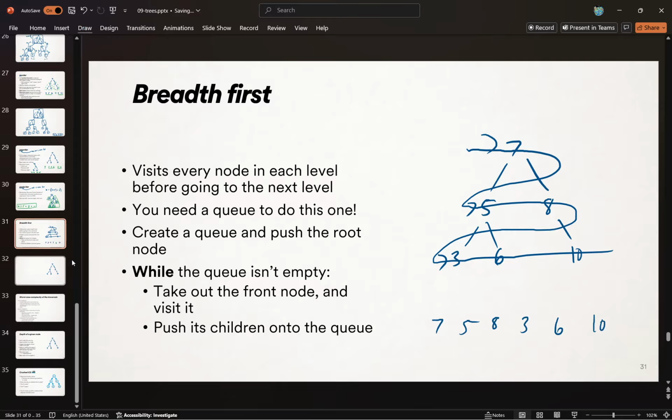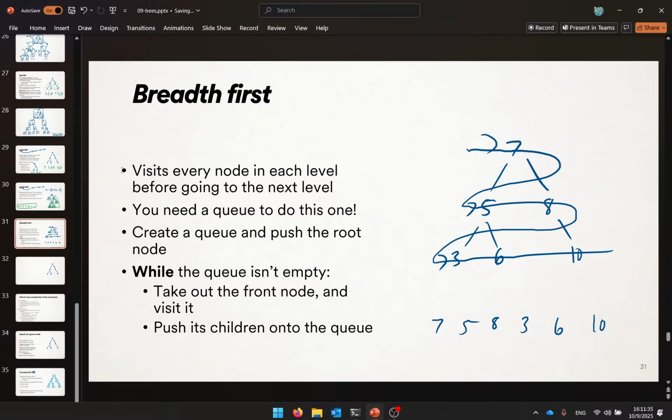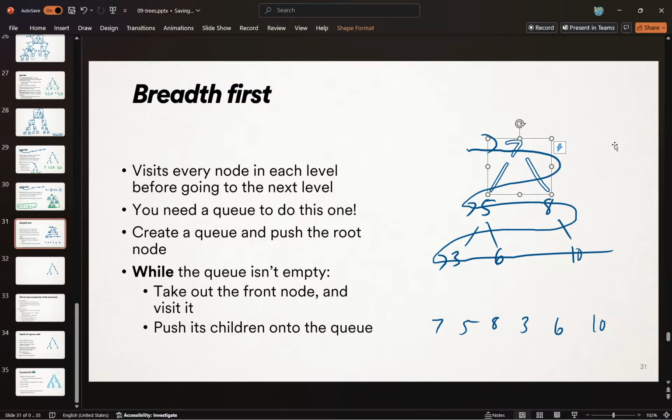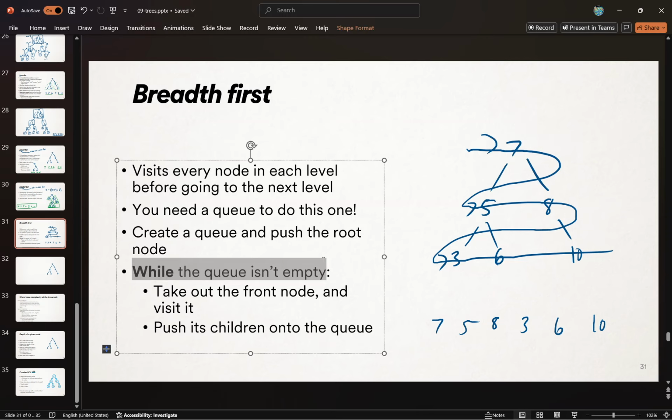And the way that you get there is to use a loop and a queue. It's very interesting. So here's the algorithm. You're going to make a queue, and you're going to push the root node, the 7 node, because the 7 has access to its children, of course. That's how you get to the 5 and the 8 eventually. While the queue isn't empty, you take the thing that's in front, you pop it off, you look at it,